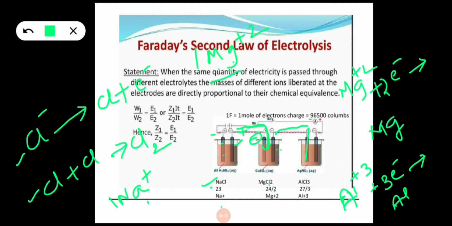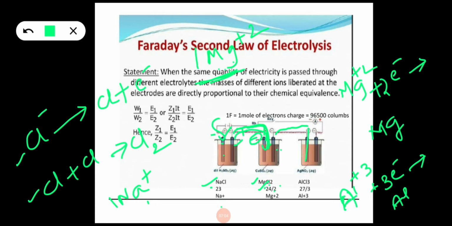But we are sending here only 1 mole of electrons. 1 mole of electrons are taken here, and again 1 mole of electrons will come out here. So only 1 mole of electrons we are sending here. Because of this, the total 1 mole of ions present in the solution will not get deposited. Instead, only half a mole will be deposited. The atomic weight of magnesium is 24, but 24 grams of magnesium will not get deposited. Only half of it will be deposited because it is carrying plus 2 charge.